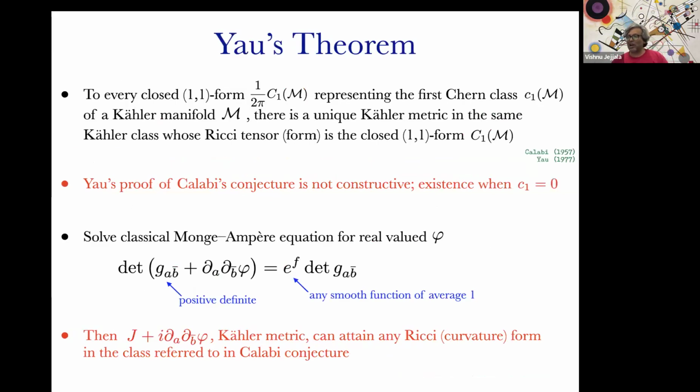Inspired by these topological successes, we turned to geometry and wanted to see what aspects of the metrical structure of Calabi-Yaus can also be machine learned in a similar way. So I'll remind you that Yau's theorem provides a proof of Calabi's conjecture, but it's not constructive. It just tells us that in each Kähler class there exists a Ricci-flat metric, and we would like to establish that the Ricci-flat metric is indeed obtainable starting from